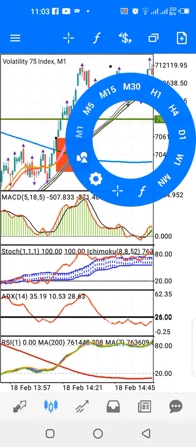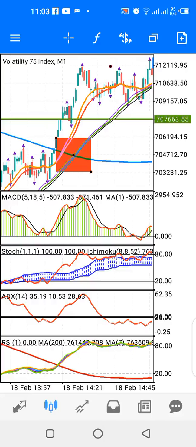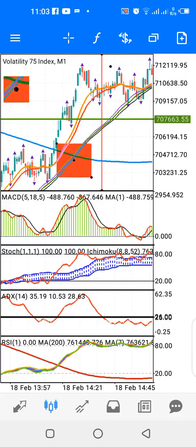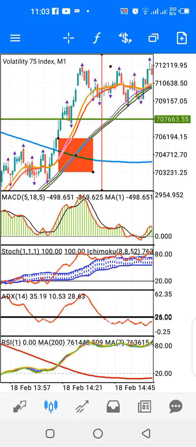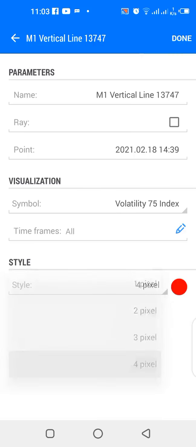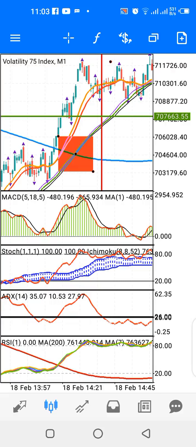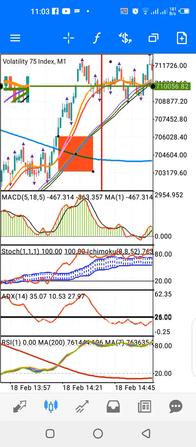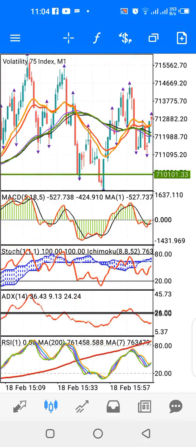Okay, let's assume that we place our buy trade after all these lines cross above the blue line here, around here. Let's assume we place our buy trade somewhere around here. Just a minute. Okay, we assume we start to buy somewhere around here, so place our buy here. Okay, 710101. Okay, and bullish trend started